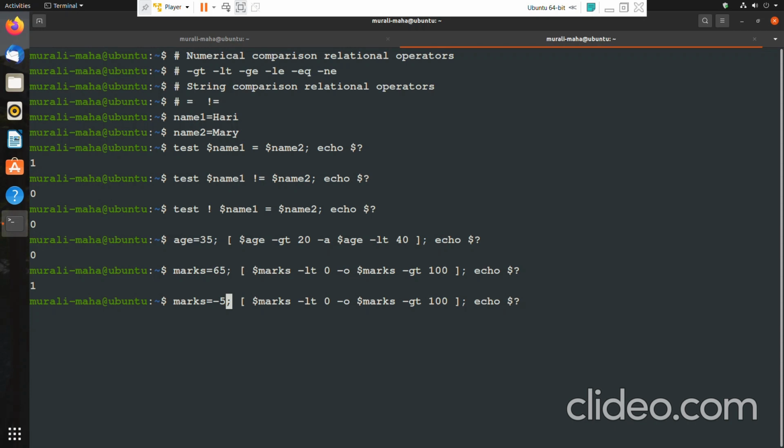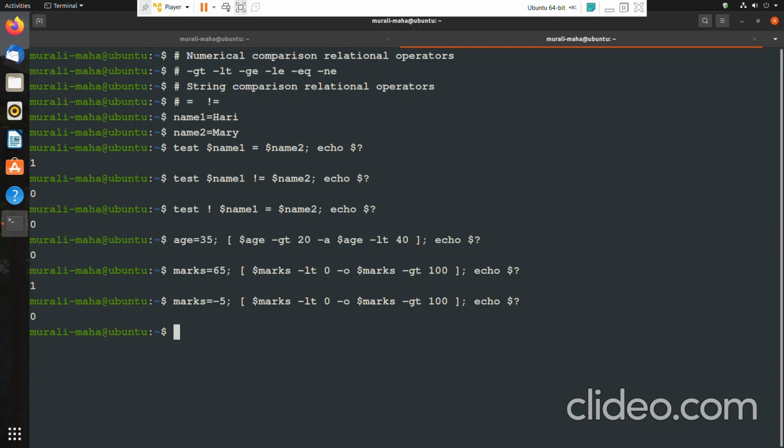If either of the expressions is true, the entire expression is evaluated to true. That is the significance of the logical OR operator. So the entire expression is evaluated to true, and we are getting the result as 0. So this is the significance of the logical operators.